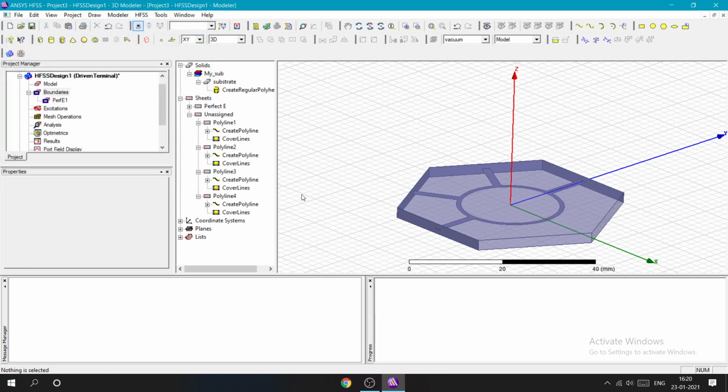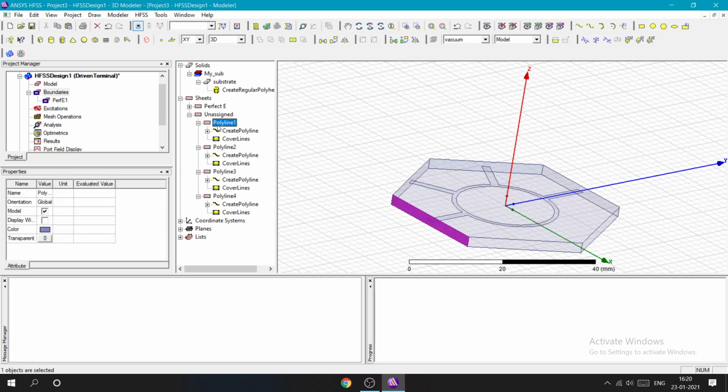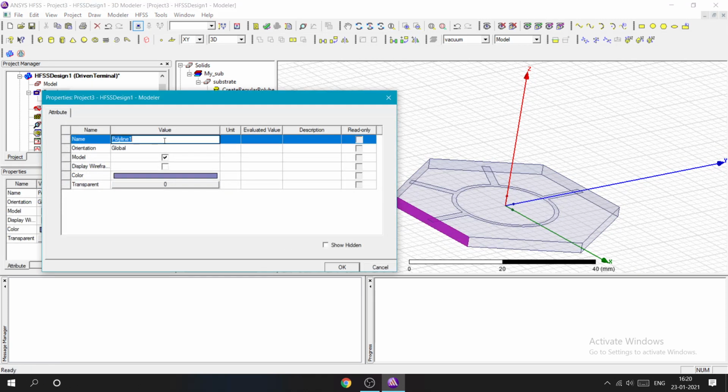Okay, now what we can do is we'll just name them as port 1, for our easy understanding.